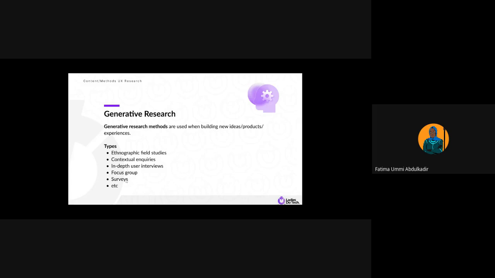These surveys, I'm kind of skeptical about, because they can serve as evaluative research as well as generative research. This is where we start having quantitative and qualitative data. I hope I'm not confusing us.